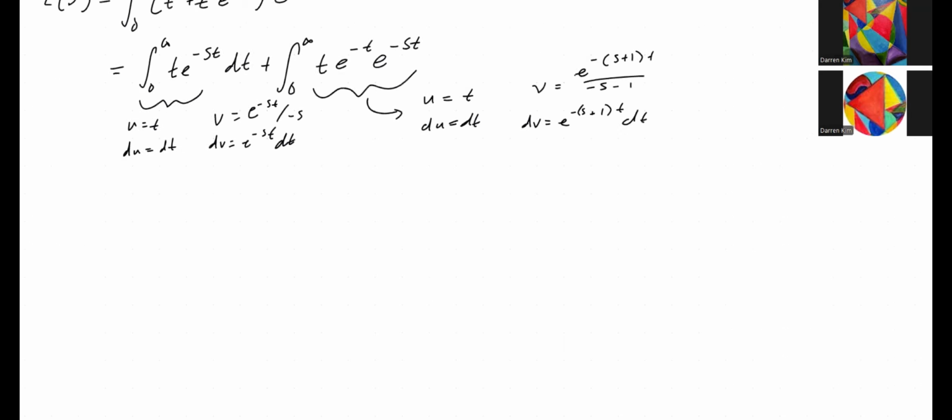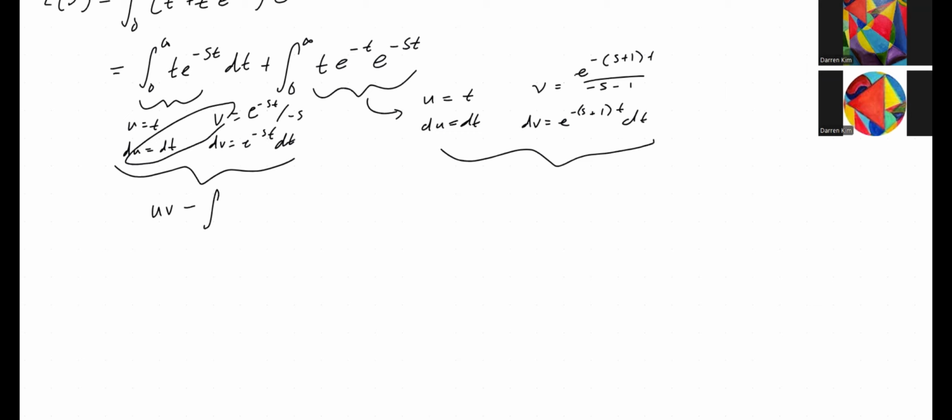Anyways, you get this thing and this thing, and you get uv minus the integral of, I believe it was this again, v du. How I know this is just look at the